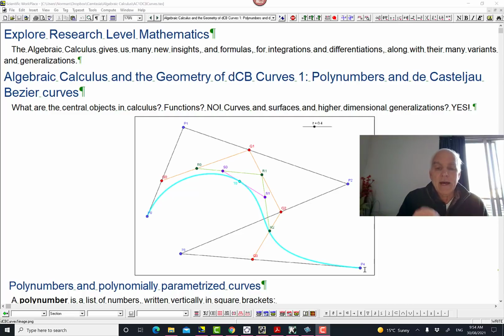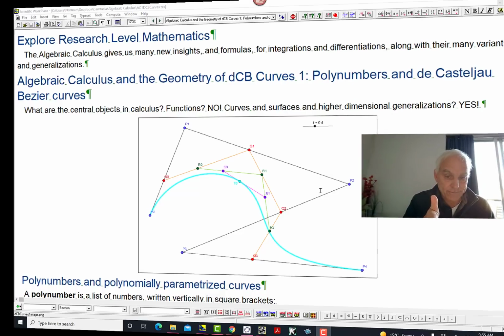Okay, great. So I want to solidify this initial understanding. People who will have taken algebraic calculus will have a lot of experience with these things because these are central things in the course. But if you've taken a standard calculus course, you likely will not have seen very much of these things, and they certainly will not be playing a central role. That's a big change that you have to make. You have to adjust yourself to thinking about these curves as being really at the heart of calculus.